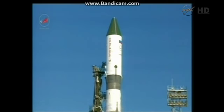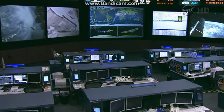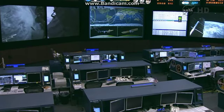That will be followed by the deployment of its solar arrays and navigational antennas to begin the chase to catch up to the International Space Station, and a docking at 8:09 a.m. Central Time. The docking will occur at the Pirs docking compartment on the Earth-facing side of the Russian segment of